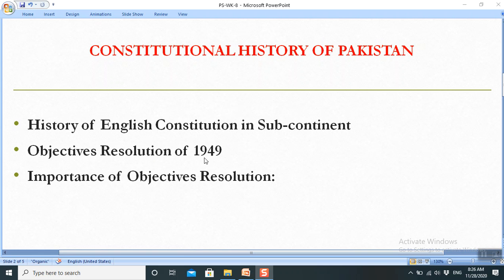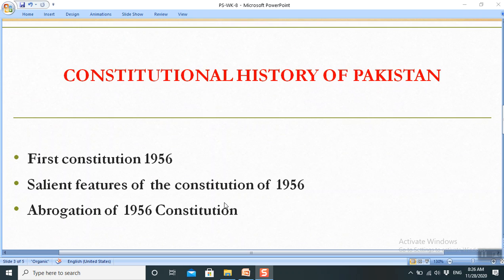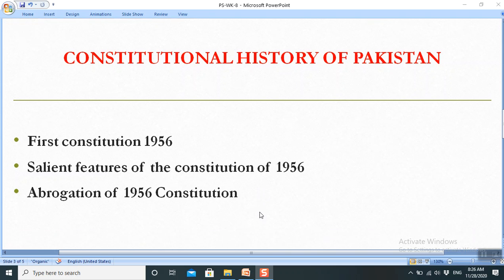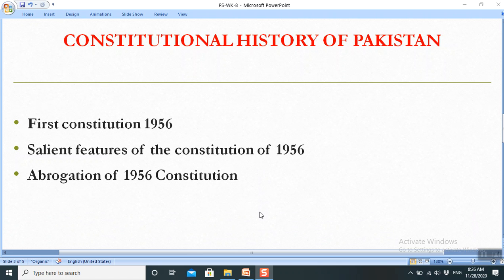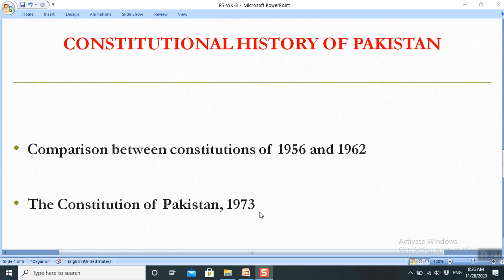the Objective Resolution of 1949, the importance of the Objective Resolution in the development of the constitutions, the first constitution of 1956, salient features of the constitution of 1956, abrogation of the 1956 constitution, and the constitution of 1973,